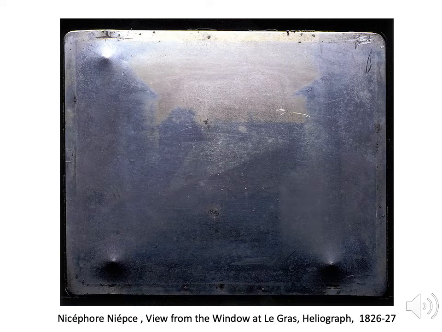Here we can see the actual heliograph plate, the metal plate that the picture was imprinted on. You can see this is on display in a Texas museum. It's in a very light sensitive case, so it's in a shaded area of the museum. It's in a case that has no oxygen in it because we want to preserve this image as best we can. As you can see, it's really faint.